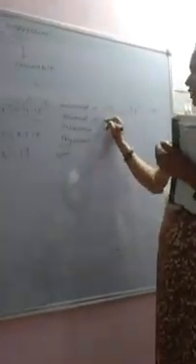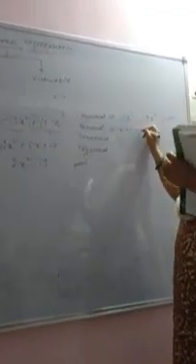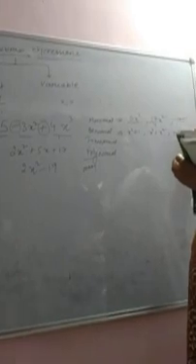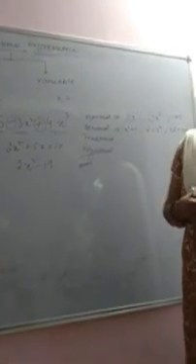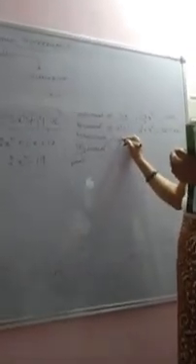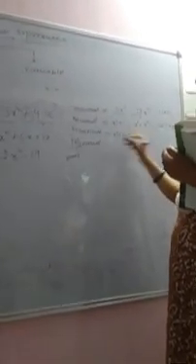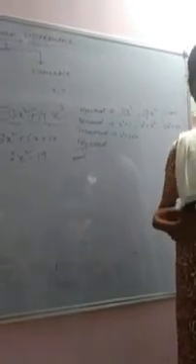Binomial. X square plus 1. 2 terms. X cube plus x square. 2 terms. 3x square plus 15x. 2 terms. So this is binomial. And similarly, the trinomial example is x cube plus 3x square plus 1, as I have done it over here. So monomial, binomial, trinomial, having 4 terms is known as quadrinomial, having many terms is known as polynomial.